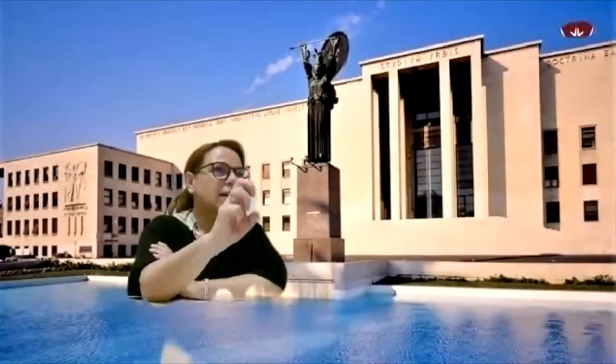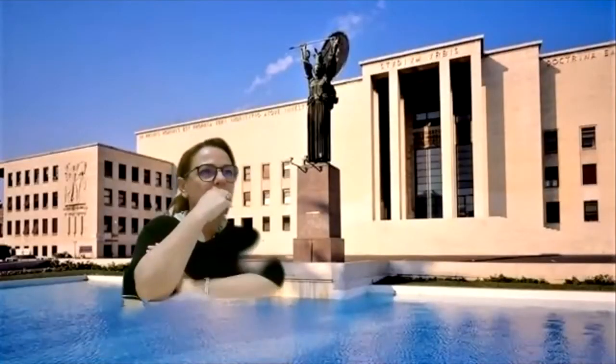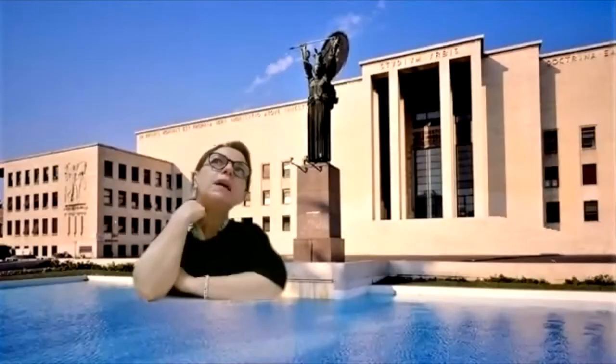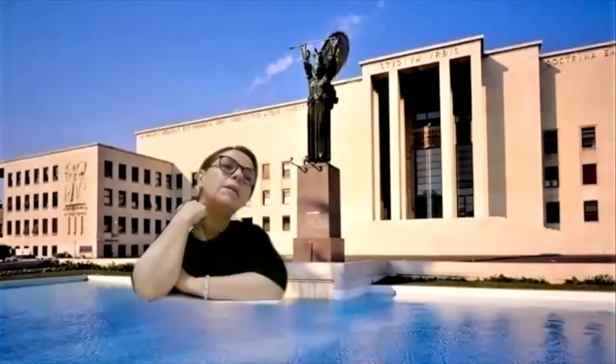How many cores in the target area? 6. 6 cores from each target area. Which technique used? Fusion, cognitive? It was cognitive, or what? Cognitive. Fusion or co-registration. Maybe the problem is the cognitive approach,